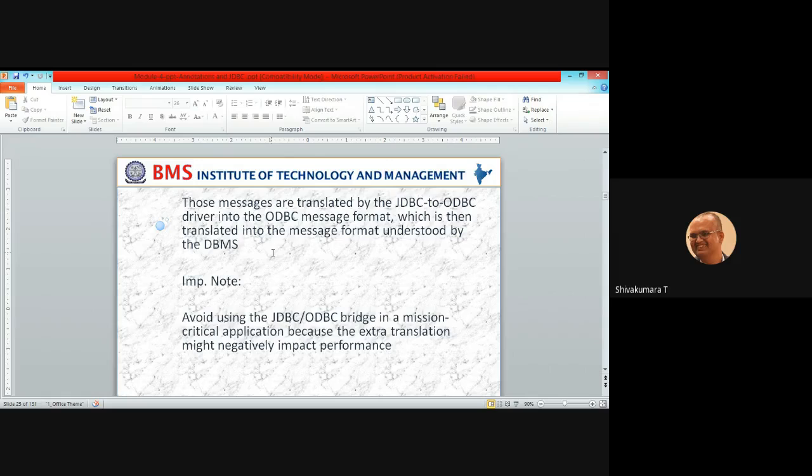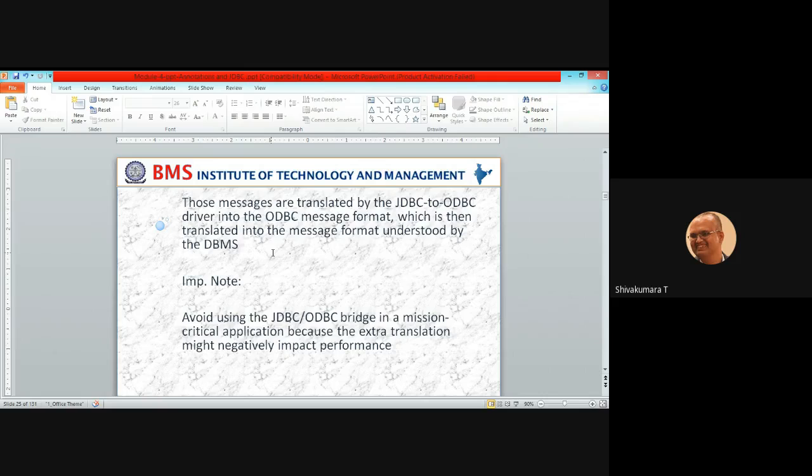MySQL, Postgres, DB2, Informix, whichever database you are going to use in connecting between the Java application and the database. So how do we feel that whatever Java code we submit is directly calling the database and fetching the information?